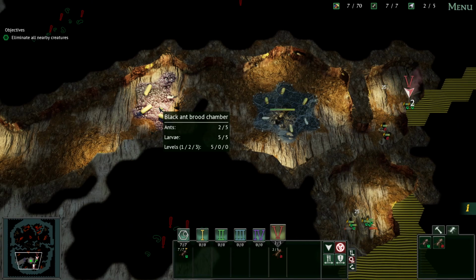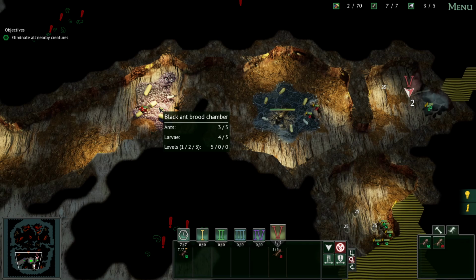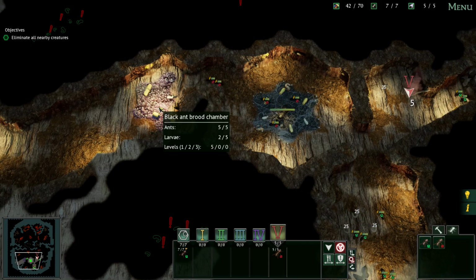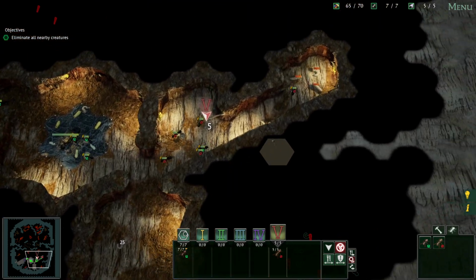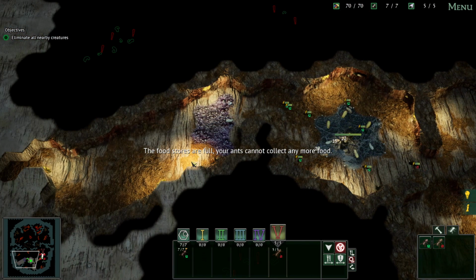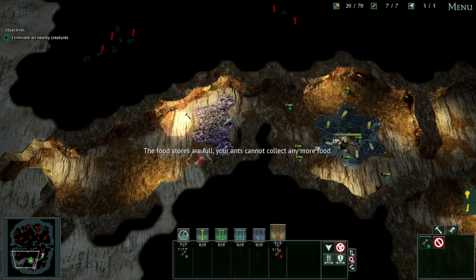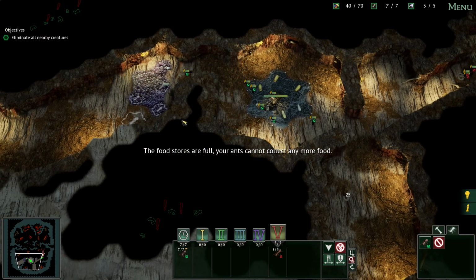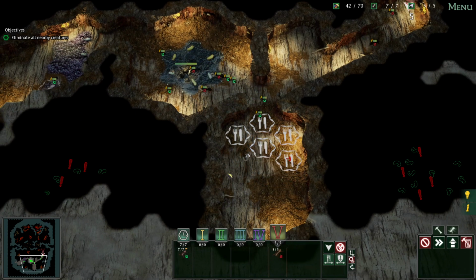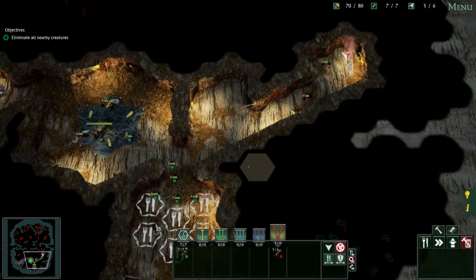See, if you hold your mouse still over it, it shows you how many ants you have and how many larvae you have, and then what level of strength they are for each little area, each of your brooding chambers or whatever. So again, hotkey Y to get that up, hotkey V to place food tiles